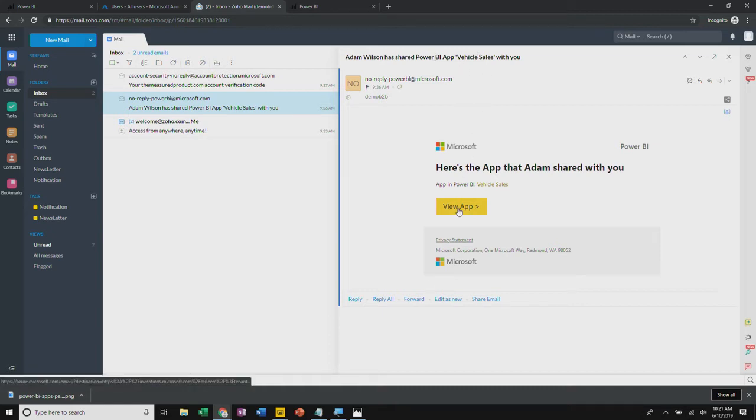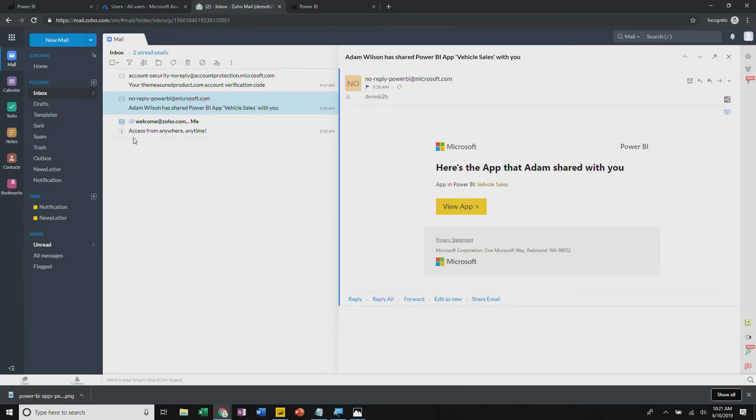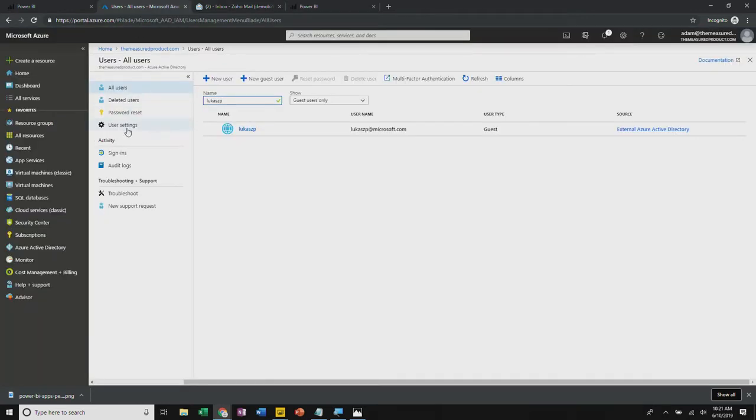If I click that link and I've never come in before, I go through an onboarding process. It says, hey, this measured product company wants you to add yourself to their AAD. Would you like to do that? Here's some privacy information. If I accept as an end user, then I'm added as a guest user in the AAD. Okay? The next thing I can do here in AAD is I can actually control some of these things. So obviously I can select the user and delete them. That would be terrible for this demo, so I won't do that.